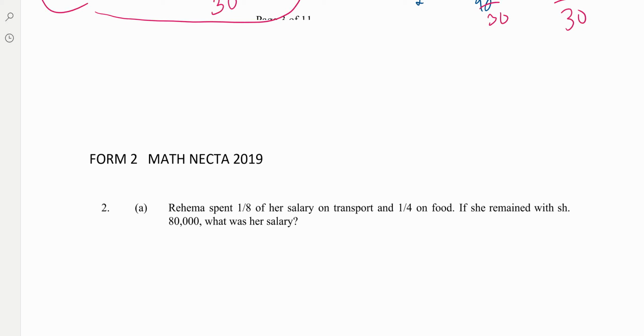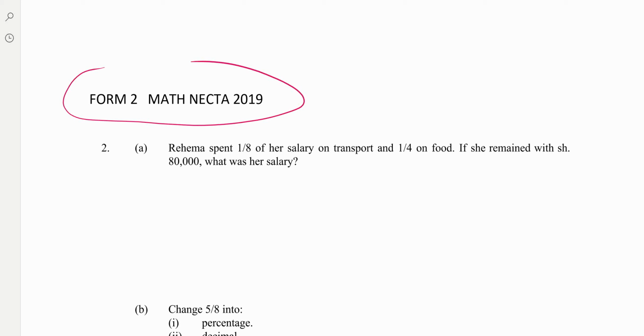Going to Necta 2019, dear students. Question number 2. Rahima spent 1/8 of her salary on transport and 1/4 on food. If she remained with 80,000 shillings, what was her salary? So we can go with an assumption. Assume her salary